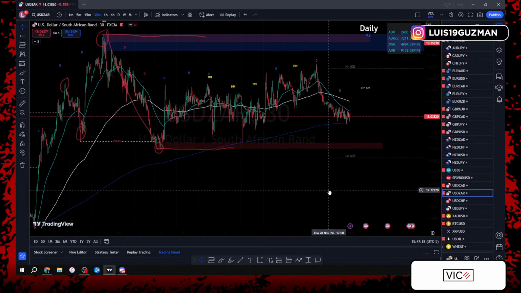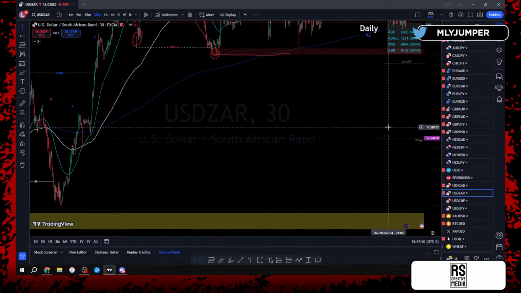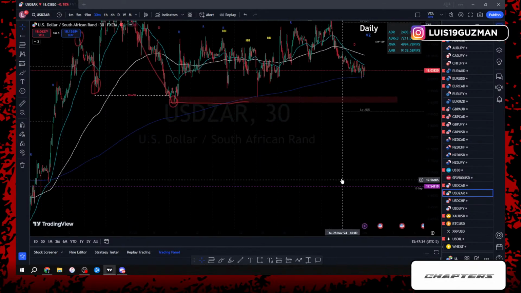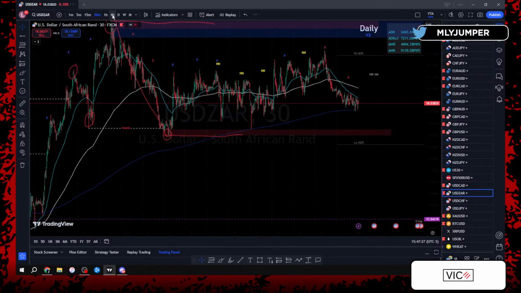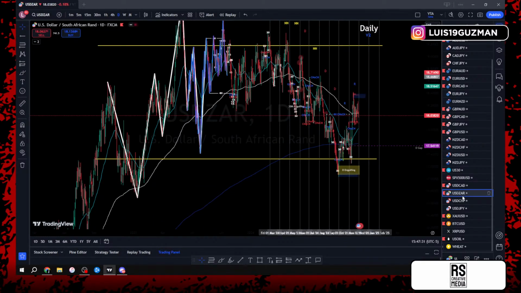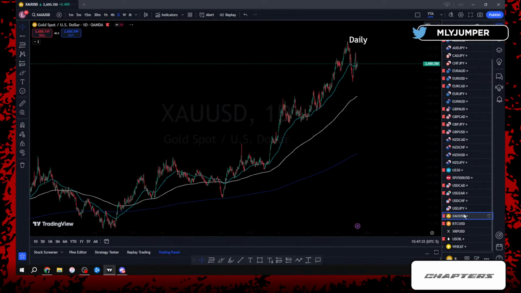Price breaks these lows, we know we'll continue. We have this gap at the bottom. We know price is gonna come back and fill that up. Wait for that to be filled. Once that low gets filled, then you start looking for trades. That simple. But looking good, or vice versa, right? We break the highs.